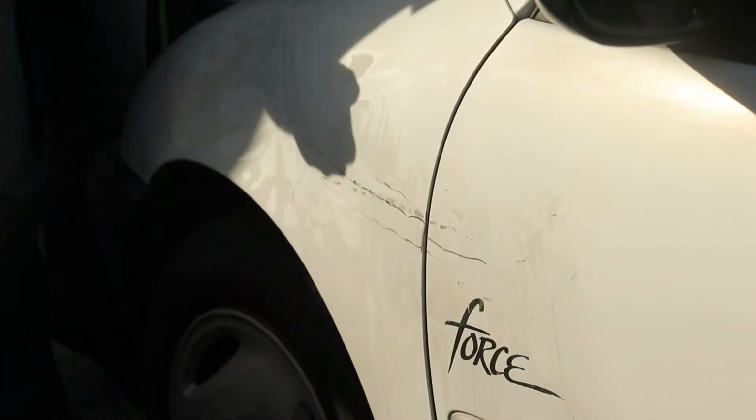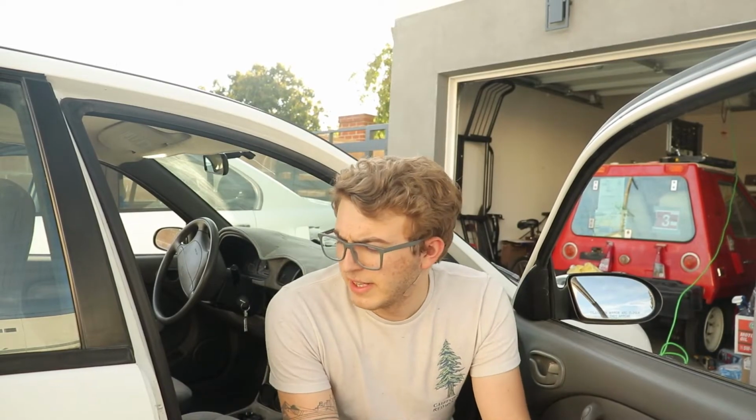the clay bar. Now, the last step that we are going to do on the exterior is we're going to take some wax, and we're going to cover it, but we're not going to do that right now because it's in sunlight, and you never wax a car in direct sunlight. So we're going to wait until it gets a little bit later. I don't know if that was going to be captured on camera, but for now, we're going to be moving